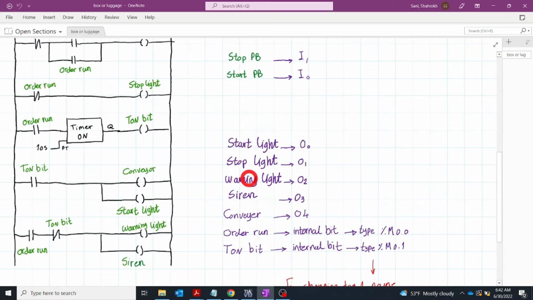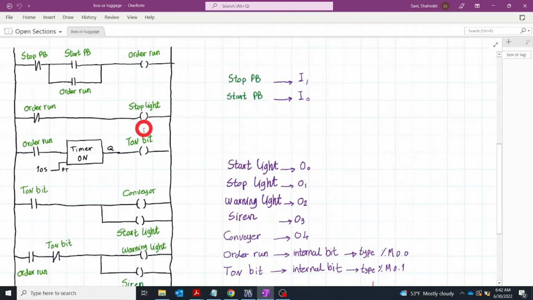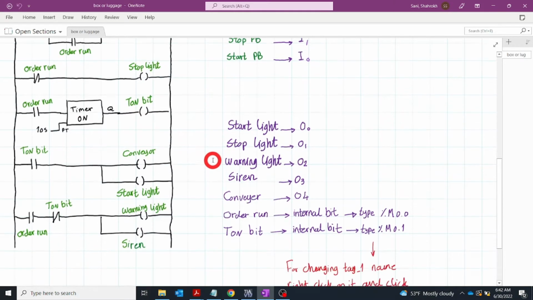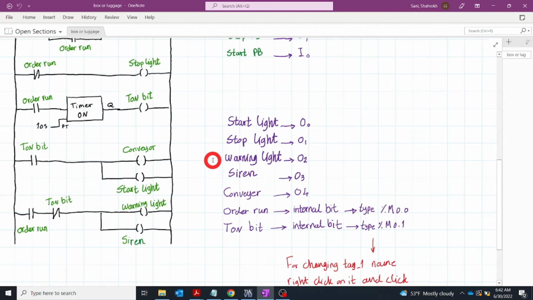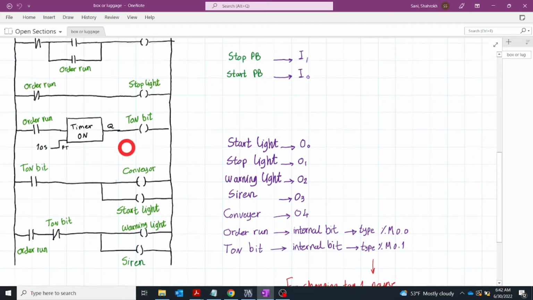The warning light definitely should be a physical output, so this is output 2. The siren should be another output, output 3. And the conveyor motor should be another output, which we put in output 4. As I mentioned before, the overrun and T-on bit are not physical outputs, they are just internal bits. How you can make that in the PLC, you will see,